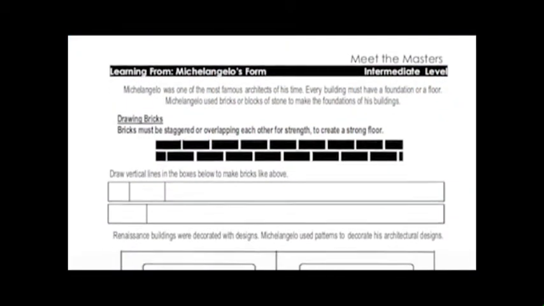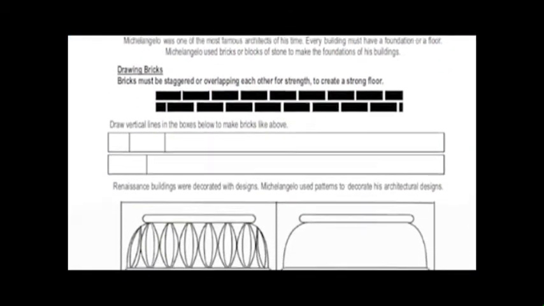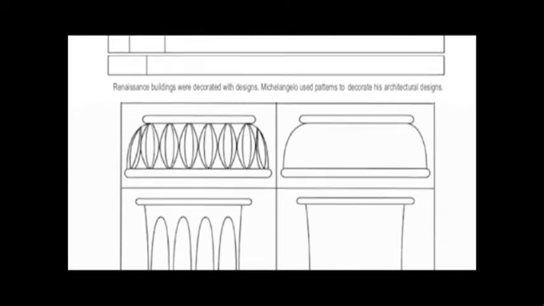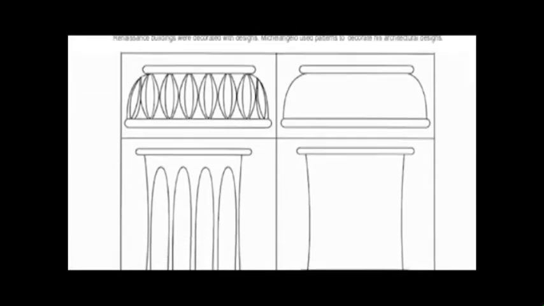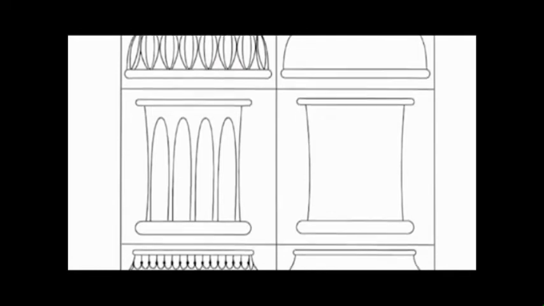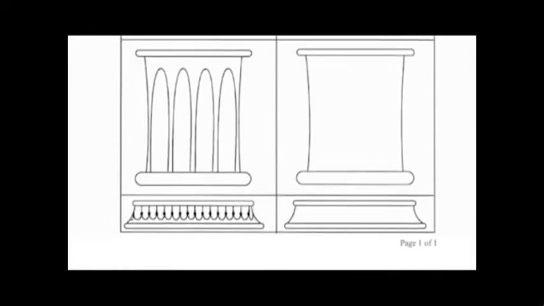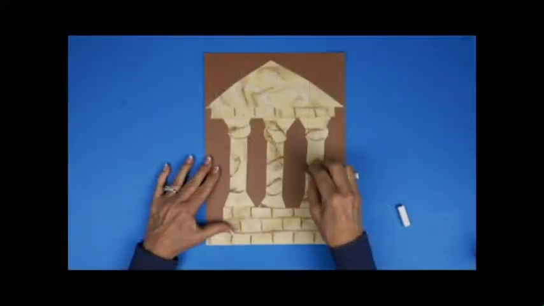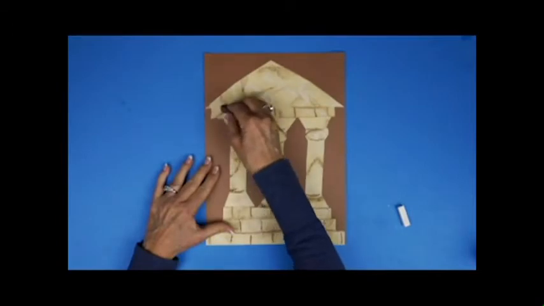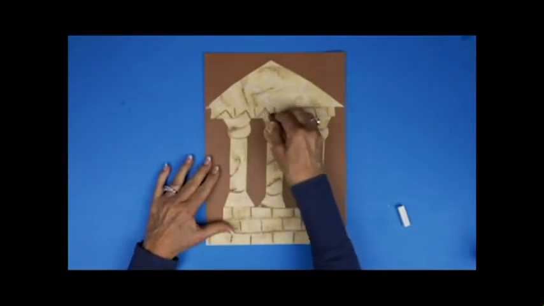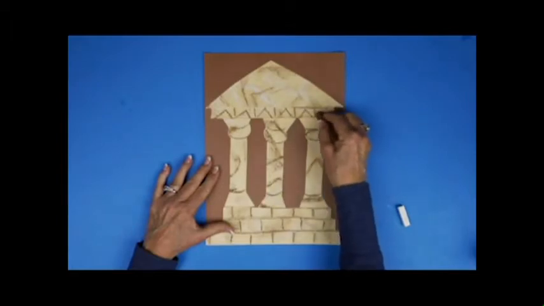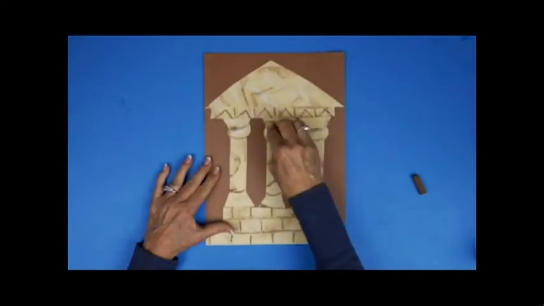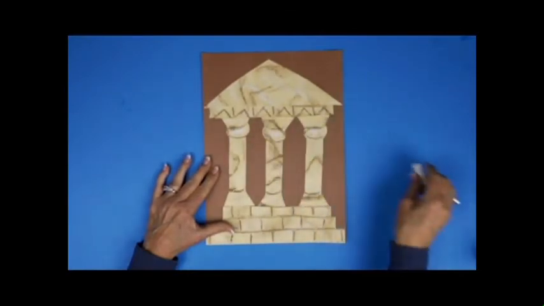Now it's time to decorate your building to make it special and your own creation. While a master sculptor himself, Michelangelo used other talented sculptors who carved designs and details in the marble, which we will add now. Look in the learning packet for pattern ideas. With the tip of the brown chalk, decorate the header and the columns with repeated shapes or lines of your choice. Remember, a pattern is a line, shape, or color which is repeated. If desired, draw some simple pattern or line designs in the roof triangle as well.